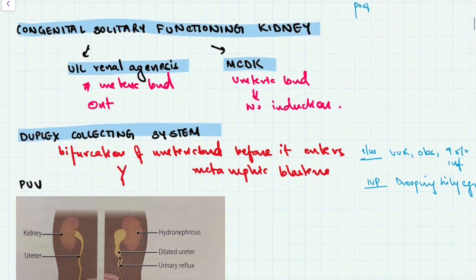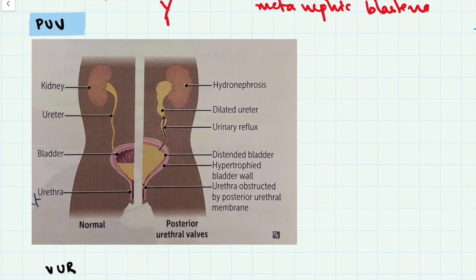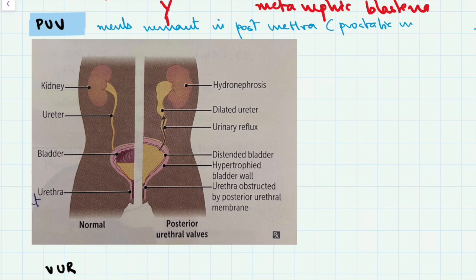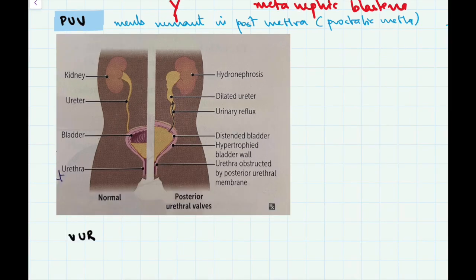Right. The next congenital anomaly is a posterior urethral valve. Here what happens is that there is a membranous remnant in the posterior urethra, in the males obviously, that is the prostatic urethra. The persistence of this membrane in the posterior urethra leads to back pressure on the bladder as well as the ureter, leading to vesicoureteric reflux, right, bilateral hydronephrosis, as well as thickening of the bladder